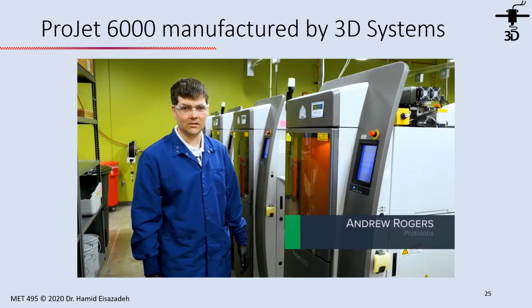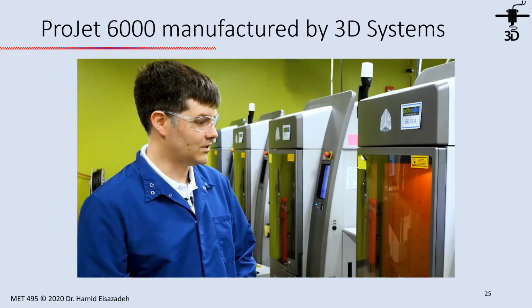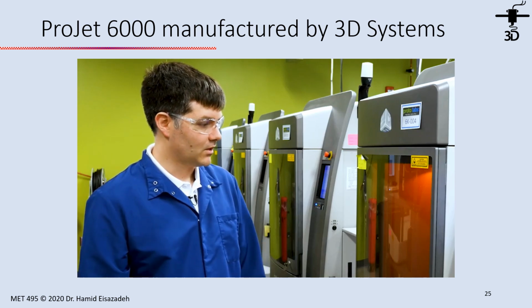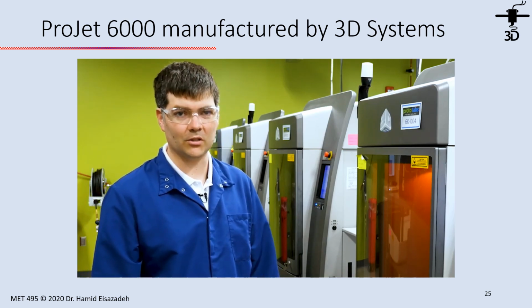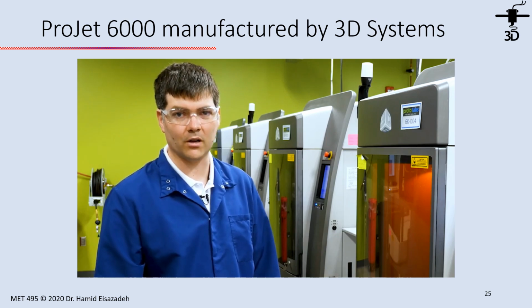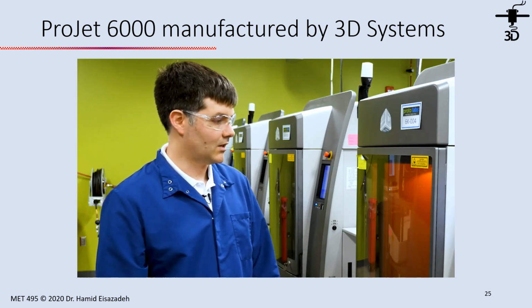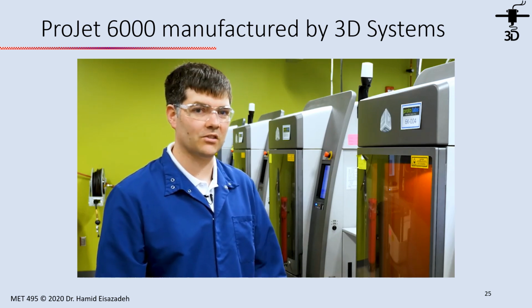This video shows the Projet 6000, manufactured by 3D Systems. This machine can be used for any type of prototyping application. It can build in both normal and high resolution, 50 and 100 micron build layers. The first thing I'm going to show you is the laser system located around the back